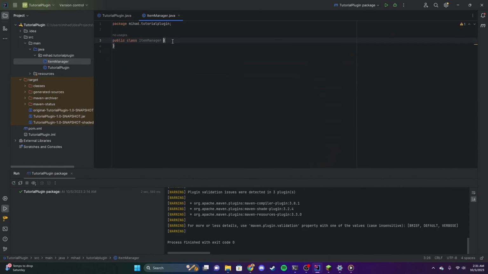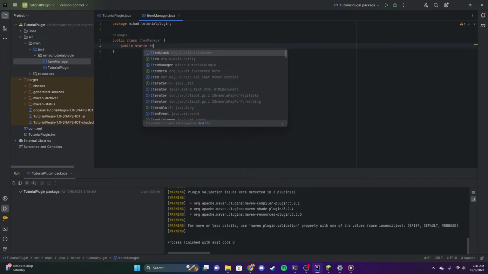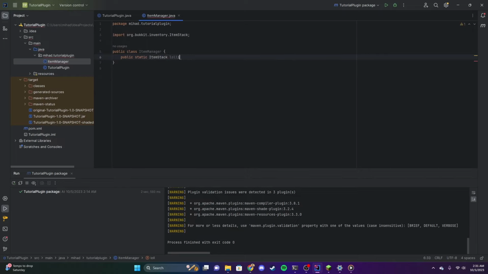So for our item manager, let's start off by creating a variable that'll store our item. So we can just start off with public static ItemStack, and we're going to name this lollipop. So this will be our item, and for an item manager, you're expected to have multiple of these, and this item manager will basically store all the variables, and you can always come back to it to create more and more items